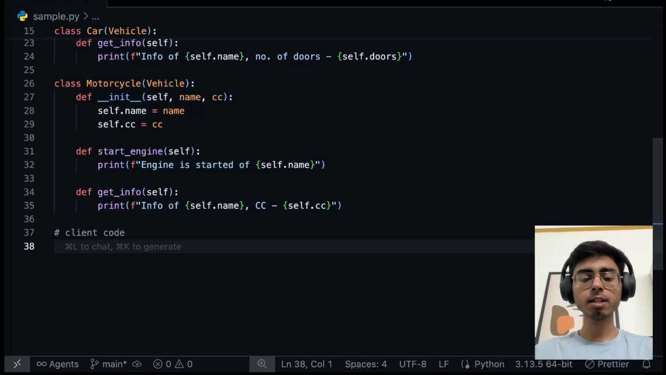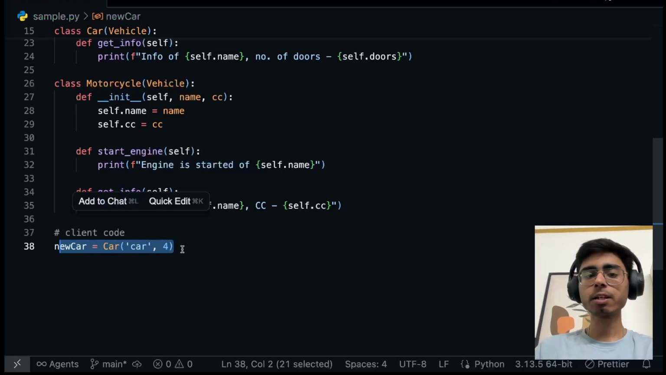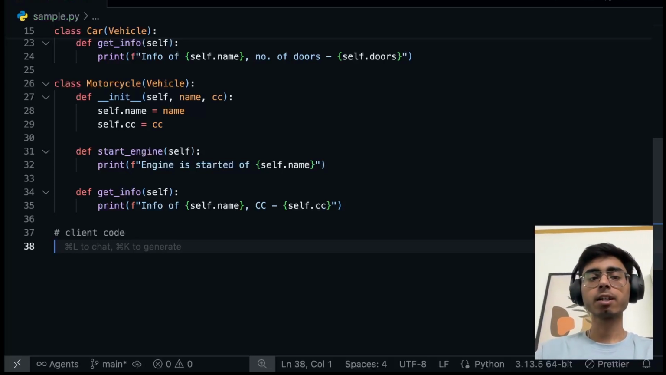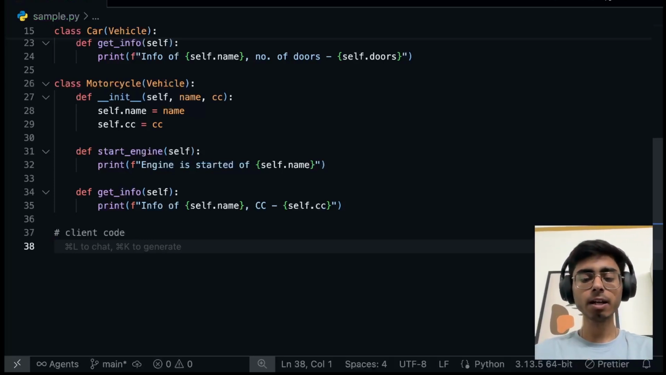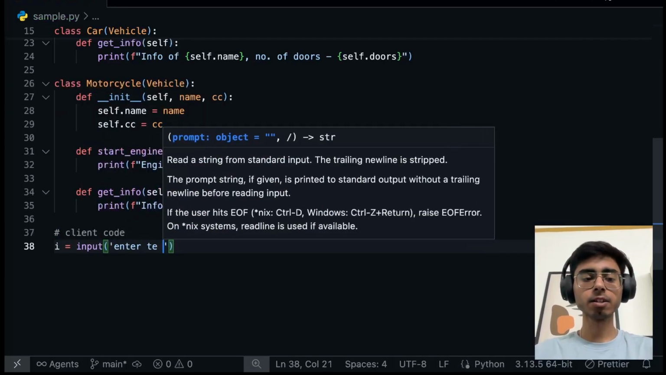So either I can say a new car, so I can say new car is equal to a new car, and I can pass the name of this car, let's say car, and I can pass the number of doors, 4. Okay. So like this also you can create a new object. But let's say the input is coming from the user side, right? That whether I created a car or a motorcycle or a bus or a bicycle, whatever it is. So first of all, I'll take input, right? So I'll say I is equal to input, enter the vehicle name,